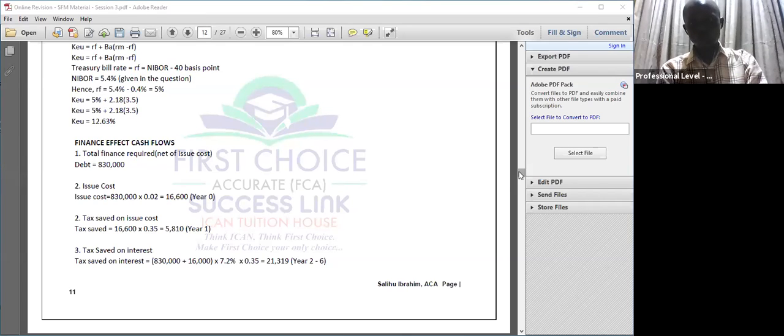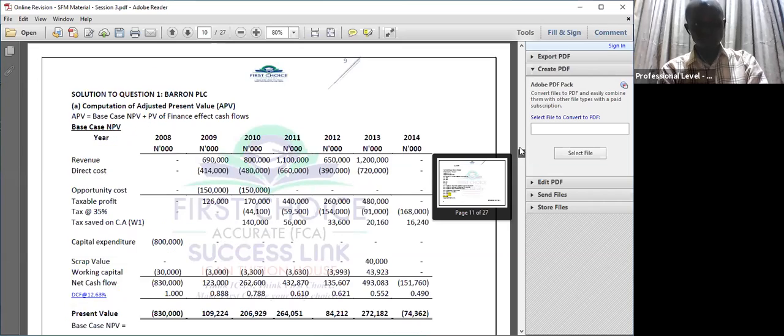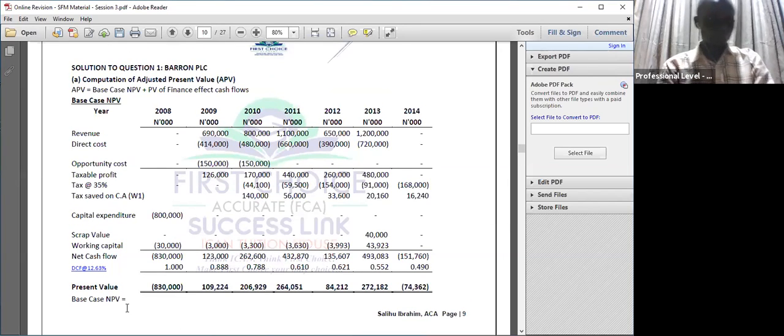Now, let me go back to our NPV table. Look at it. If we want to undertake this project in year 0, we are going to need capital expenditure of 800,000. In that same year 0, we are going to have an amount for what? For working capital. So it is the sum of the outlay and the initial working capital, the first year working capital, because you are doing that project for the first time. So the working capital,